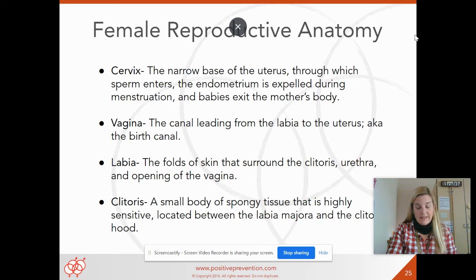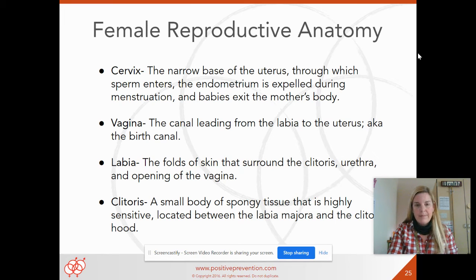Next term, the cervix. I'm on this slide. The cervix is the base of the uterus through which sperm enters. The endometrium is expelled during menstruation and babies exit the mother's body. So this was the part I said is normally closed up, but it could open for the baby to leave